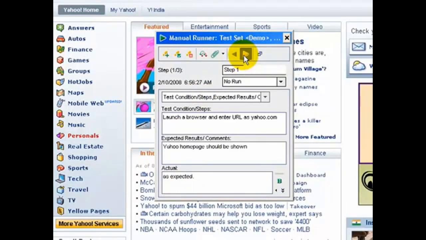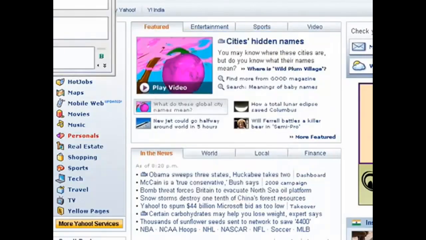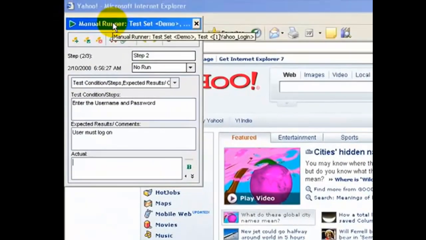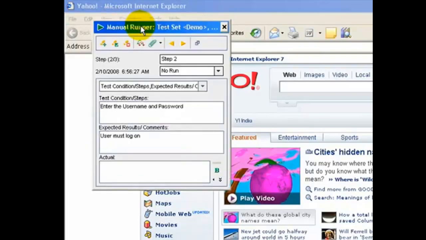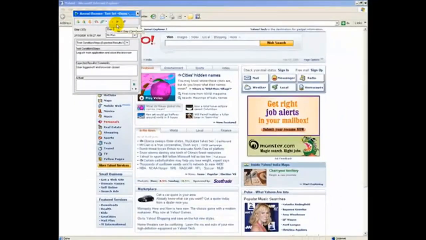Click the next step icon, which displays the step 2. Step 2 would be enter a username and password. Expected result would be user must log on. I can enter the username and password and update the actual result. Let's assume the user was signed on successfully. Step 3 would be